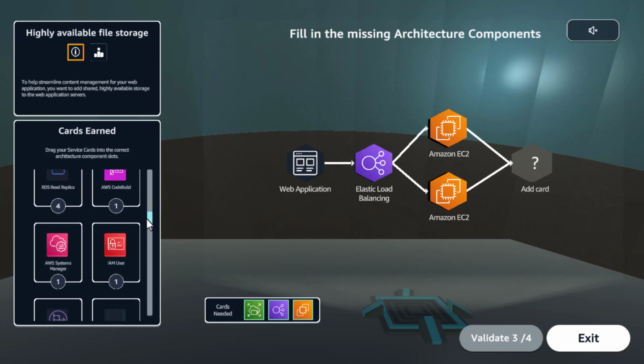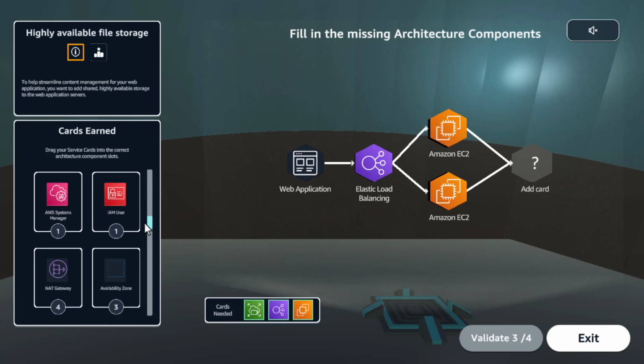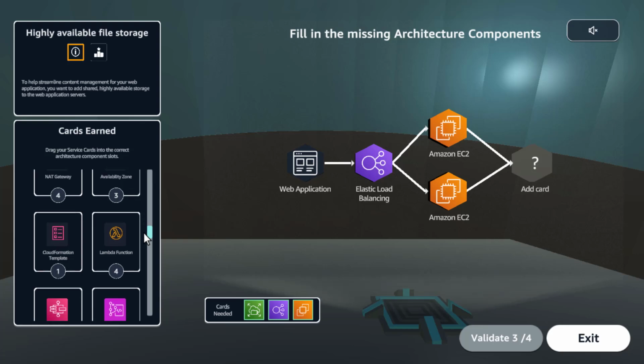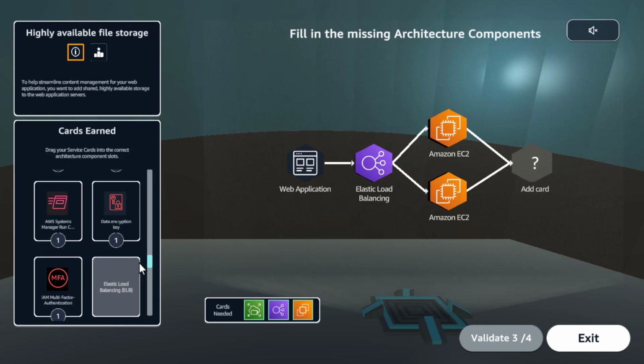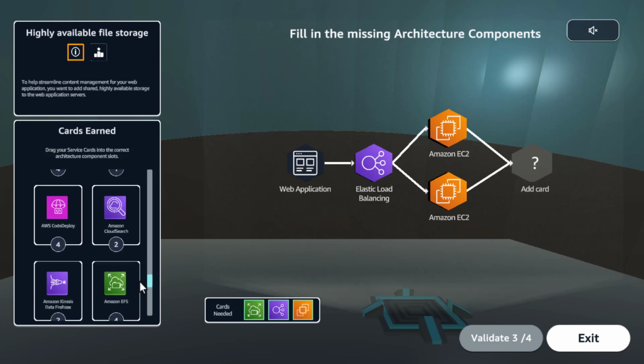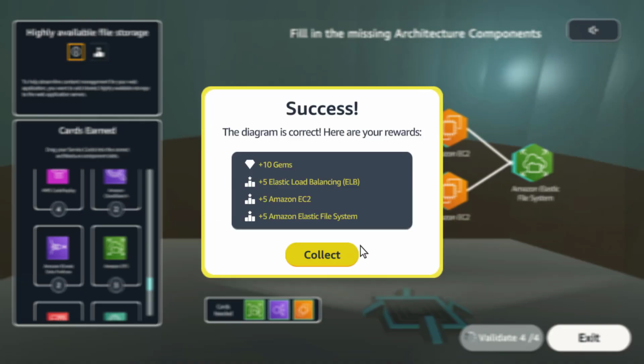They can use EBS as well, but it has to be a specific type of EC2 instance, the Nitro instances. Okay, you can use EBS Multi-Attach as well, but I think this should be correct. Yes, it is indeed a success.